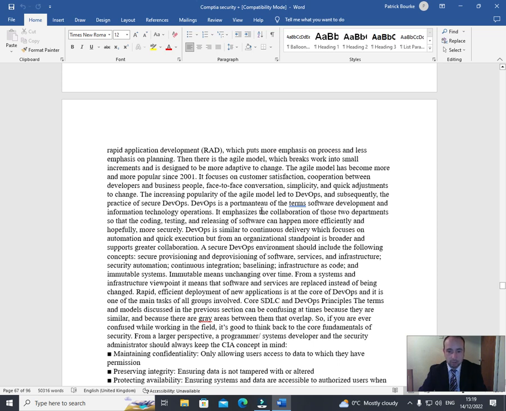DevOps is a portmanteau of the terms software development and information technology operations. It emphasizes the collaboration of those two departments so that the coding, testing, and releasing of software can happen more efficiently and hopefully more securely. DevOps is similar to continuous delivery, which focuses on automation and quick execution, but from an organizational standpoint is broader